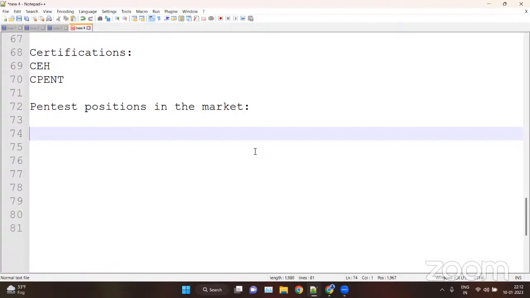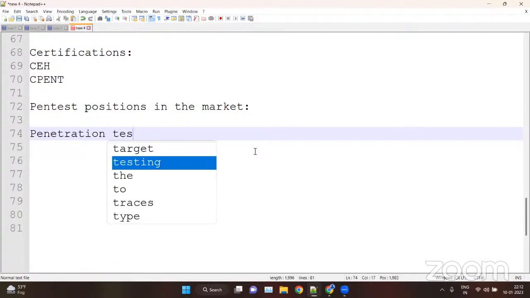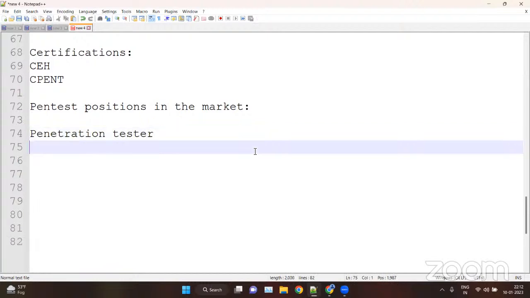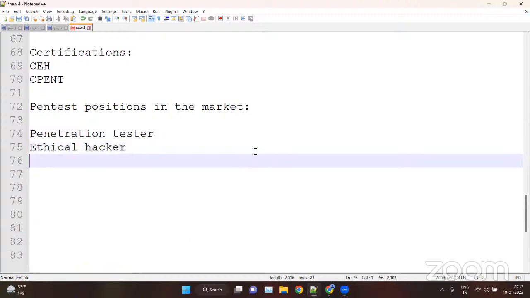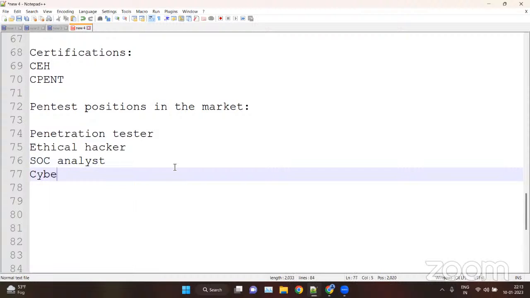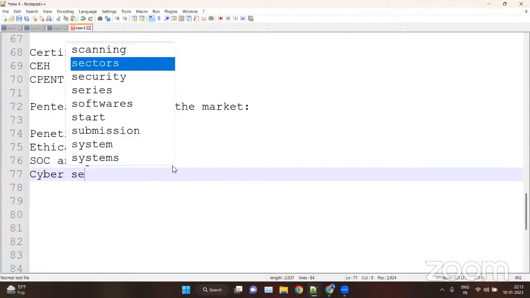You will see job titles like penetration tester and ethical hacker, which is very rare to see. And SOC analyst, cybersecurity analyst. These are just job titles.